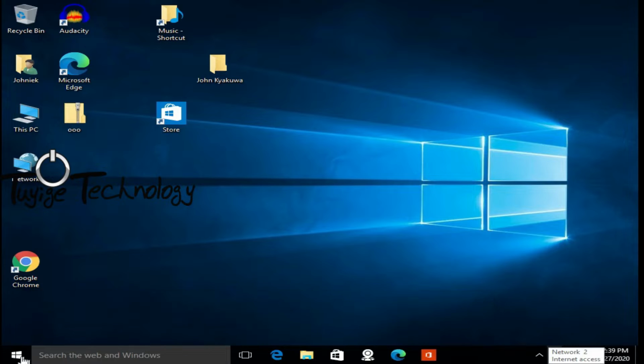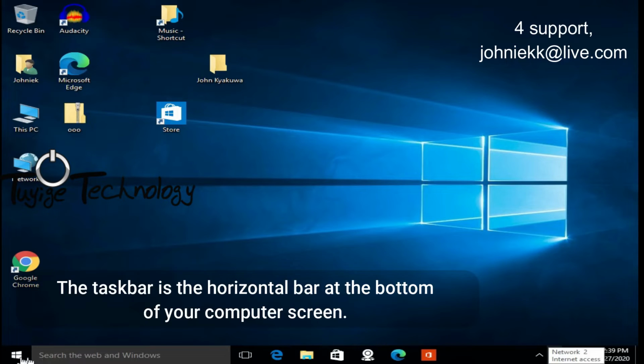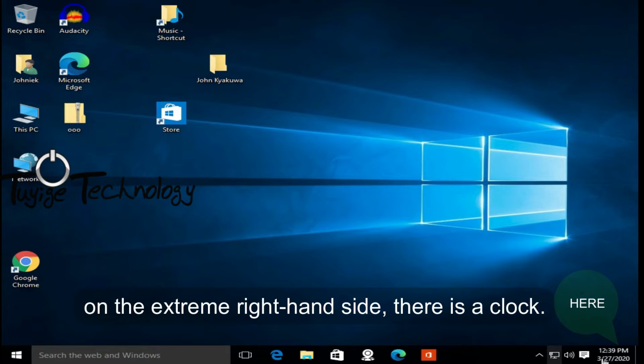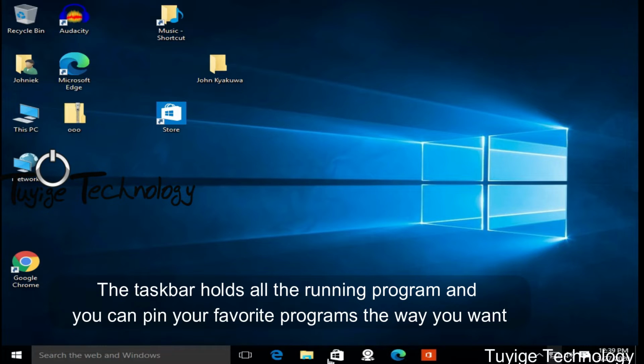Taskbar. The taskbar is the horizontal bar at the bottom of your computer screen. It is easily identified in the way that on the left hand side there is a button, and on the extreme right hand side there is a clock. The taskbar holds all the running programs and you can pin your favorite programs the way you want, as we